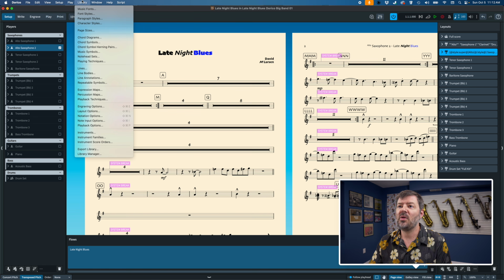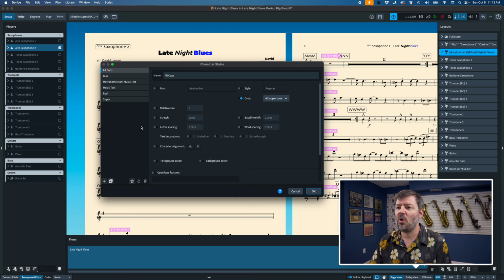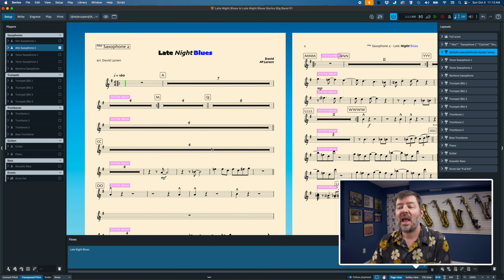Now remember, when you go into that character styles, there's a whole bunch of different options here. I just chose superscript, but I could have also underlined it, overlined it, or struck it out. And the nice thing is, once you establish a character style, you can always go back and amend it, and it'll auto-update in your part. This is a great thing because I don't have to retype the formula. I can literally just use the character style to get the look I'm looking for,